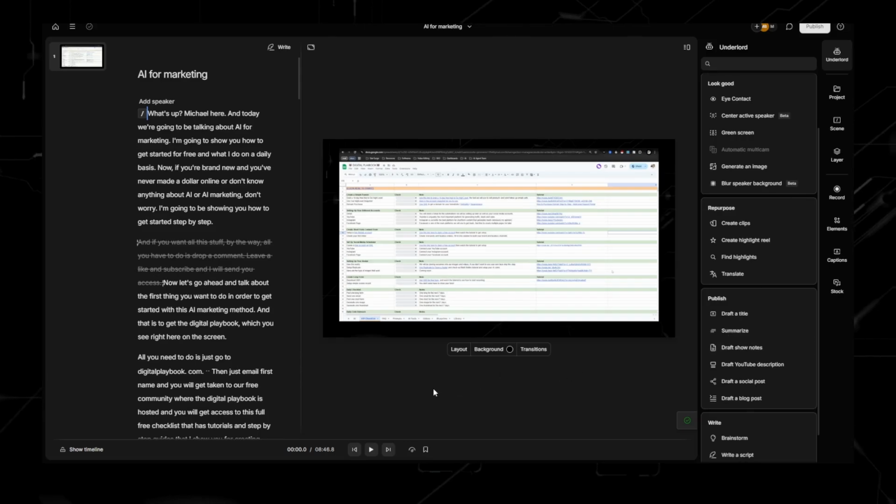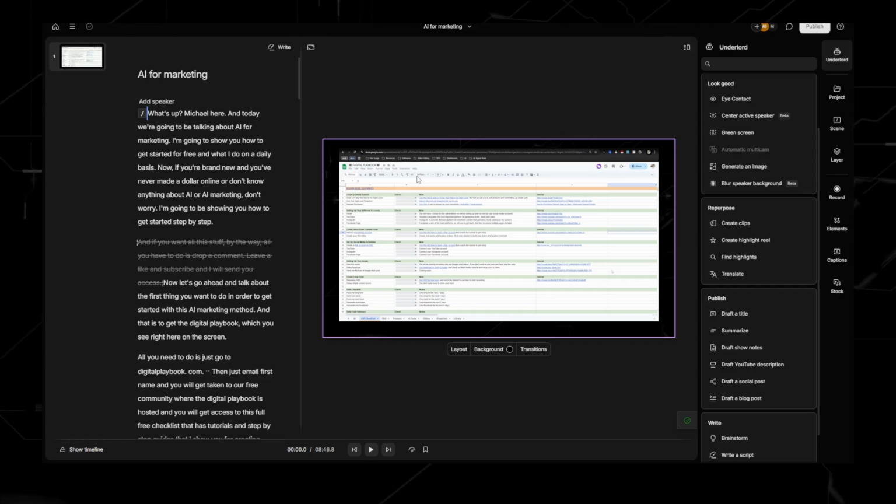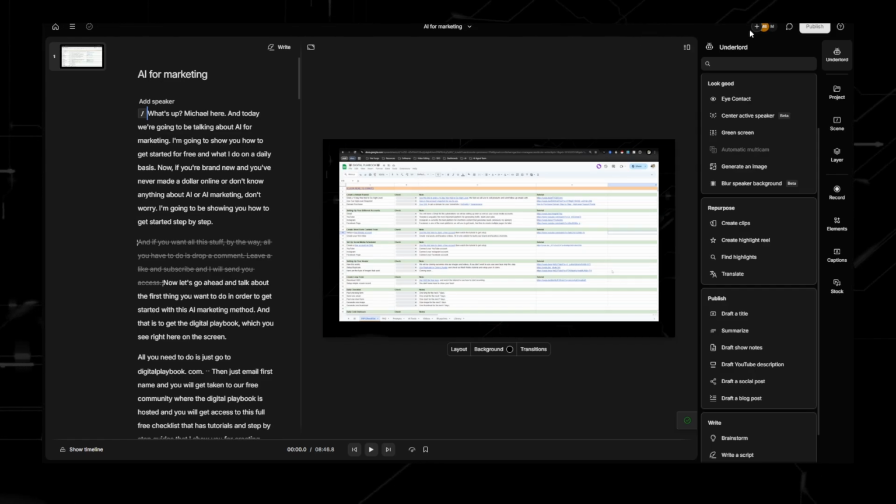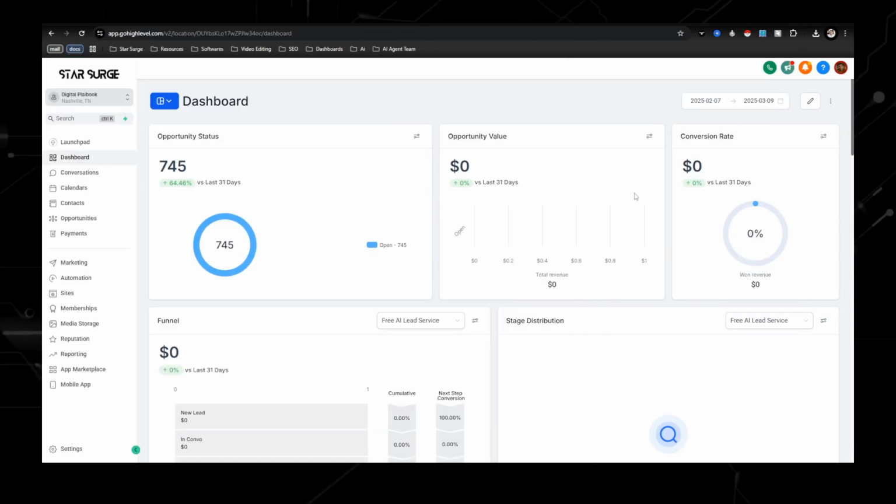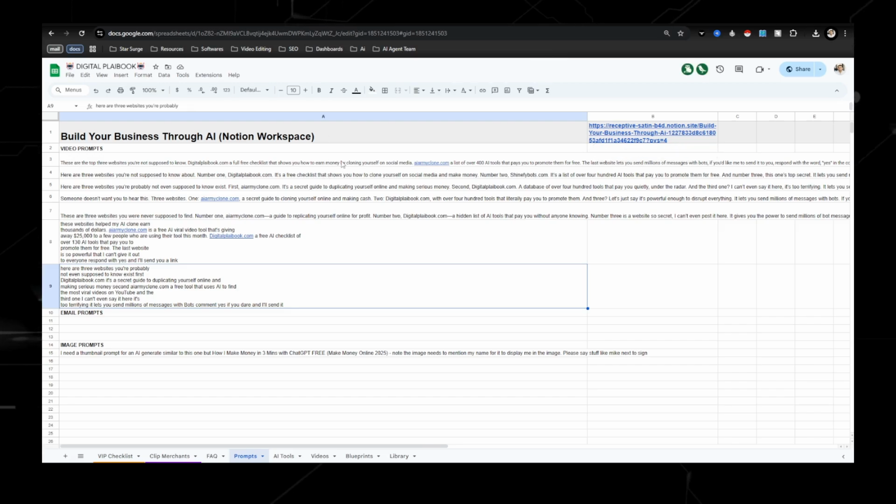clear. But this is a tool that I've been using for months now, and I highly recommend it, especially if you're trying to get into making money online and content creation. And this is one of the things that I wish I wouldn't have made a mistake on so early on.